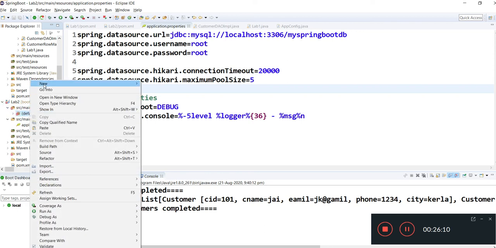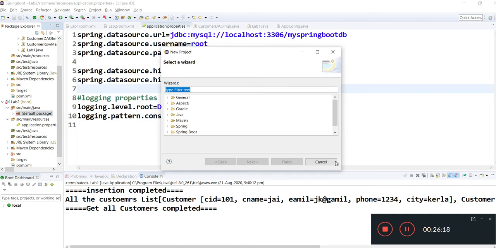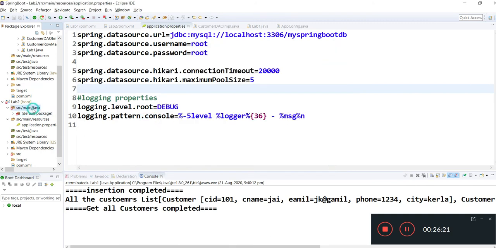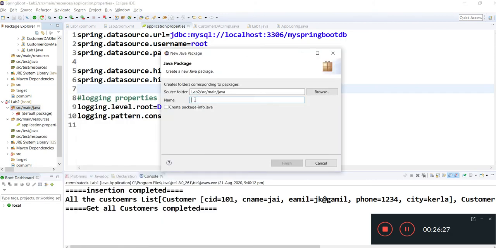Okay, so you need to mention one package. In the project I clicked new package. I'm mentioning com.springboot.learning.